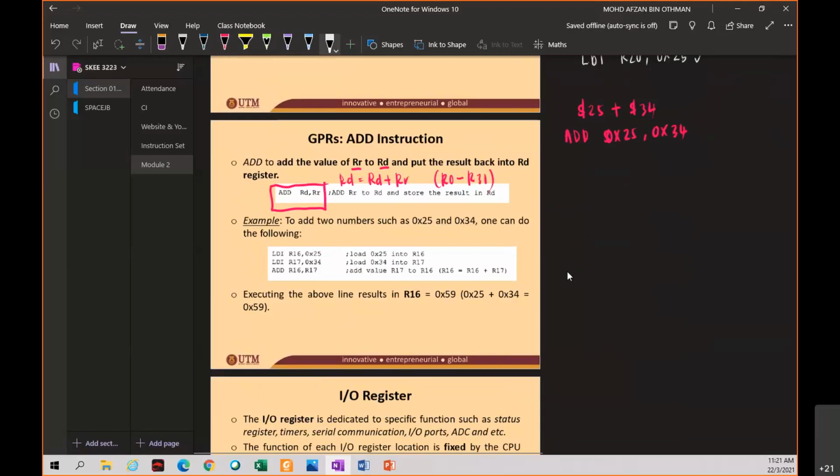We cannot do that. Why? Because if you see the syntax here, it involves a GPR with a GPR, not a constant number. This one is a constant number, or immediate value, so this one is invalid. So what are you going to do? Since this number is an immediate value,